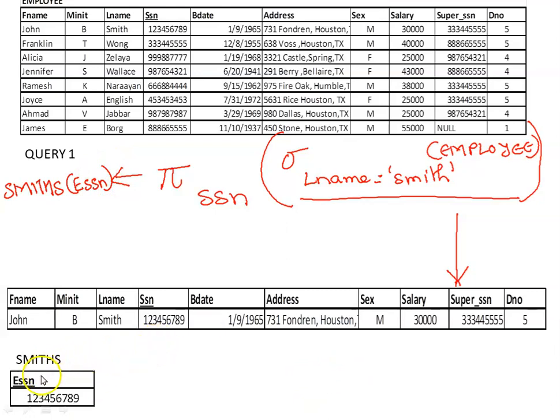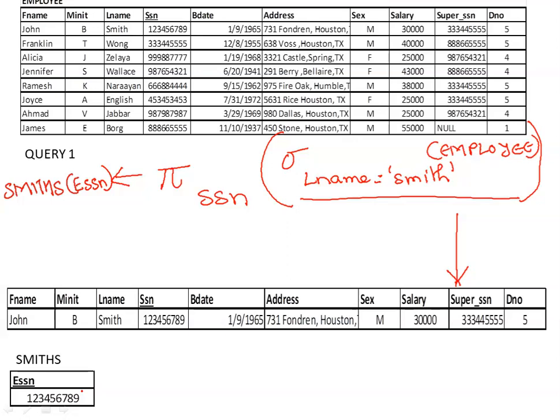So it will look something like this. I have a new relation called Smiths with the ID of Smith, that is 1, 2, 3, 4, 5, 6, 7, 8. As of now, I am able to find out the ID of Smith.